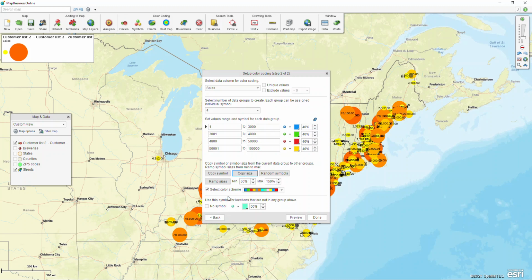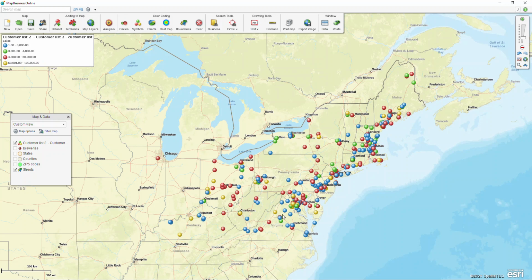If there are points in my map that don't have any of the information to color code by, so if I have entries with no sales or 0 sales, I can choose to check this box to omit those ones that don't meet the criteria. Once I click done, then I get my color-coded points on the map, and if I zoom in a little bit,